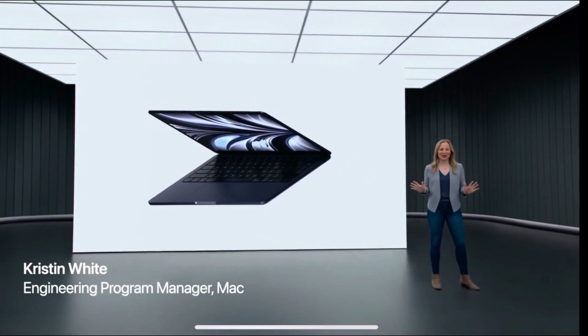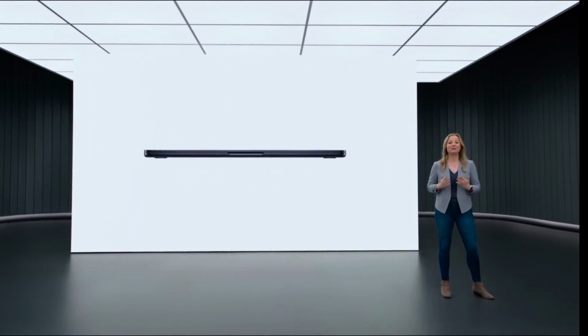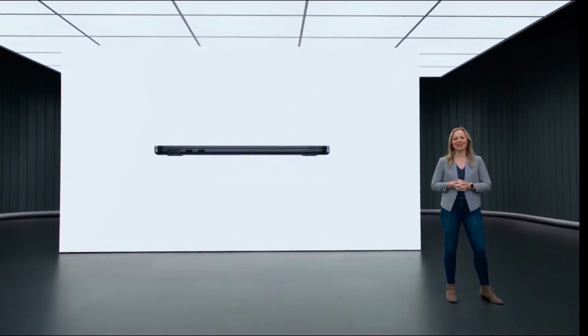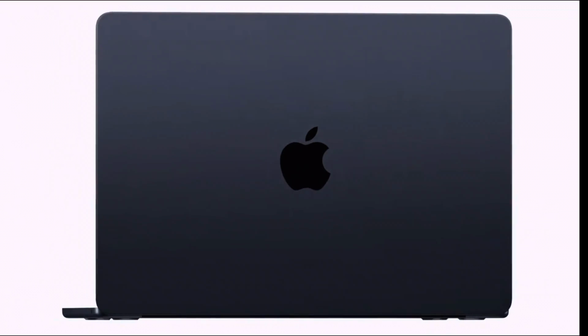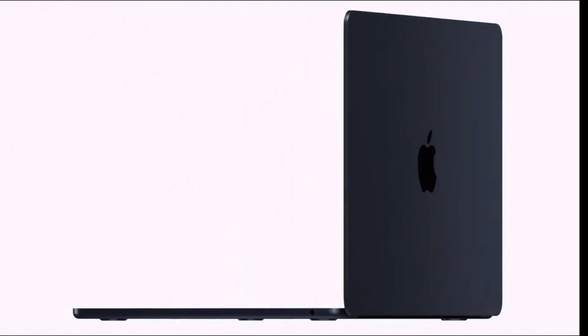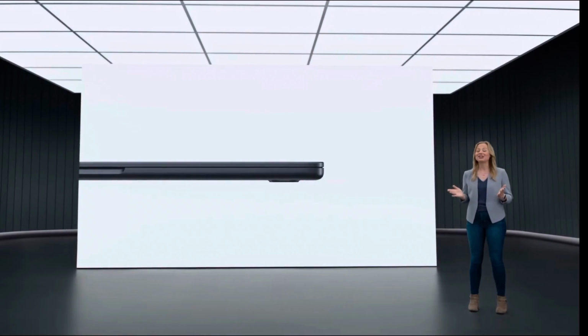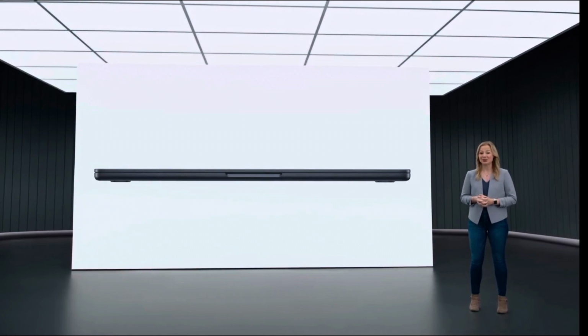Taking the thing our users love about the Air to the next level. The wedge shape of the previous Air has evolved into a new design that's strikingly thin from every angle. The durable, all-aluminum unibody enclosure feels incredibly solid when you hold it and is built to last. And this remarkably thin design integrates its components so efficiently that it results in an astonishing 20% reduction in volume over the previous Air. The new Air is just 11.3 millimeters thin, or under half an inch, and it's only